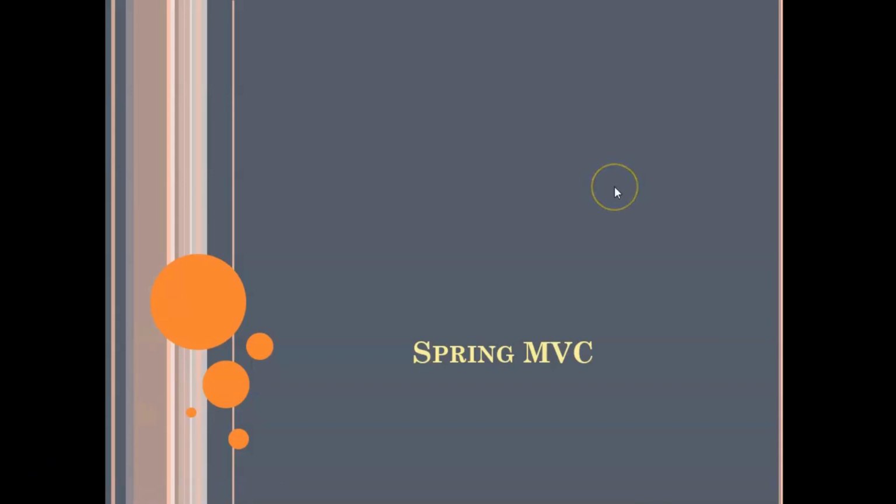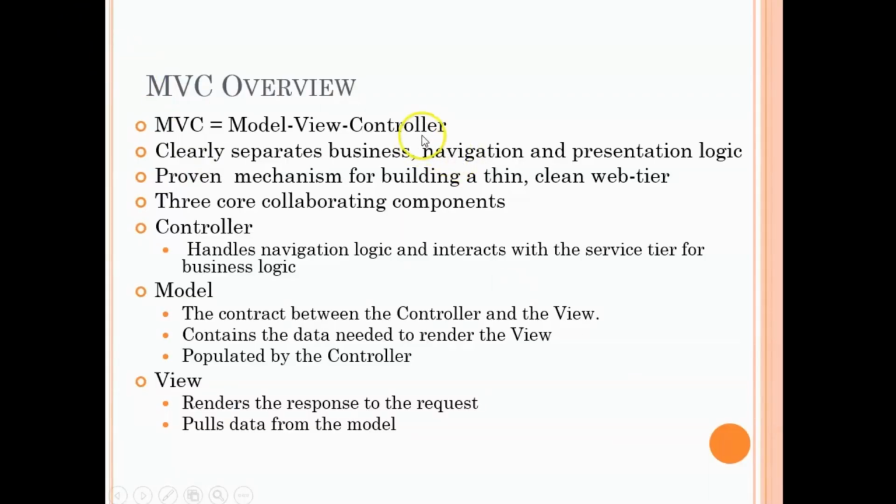When we talk about Spring MVC, there are these three alphabets that we see here, M, V and C, which make a major part of what we are going to talk about in the whole Spring MVC module. Even before we jump on to what exactly Spring MVC is, how it is implemented, and get into all the nitty-gritty, let's first understand these three alphabets M, V and C, or rather as they are known, model, view and controller. Model, view and controller is a design pattern which has become so popular these days